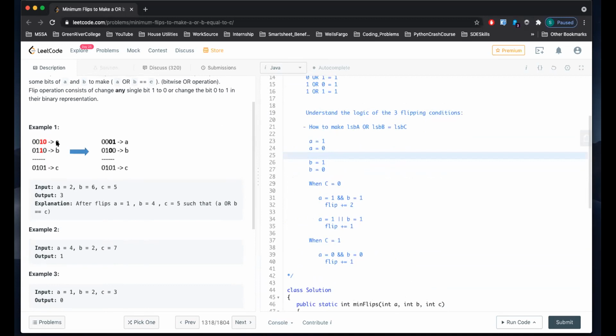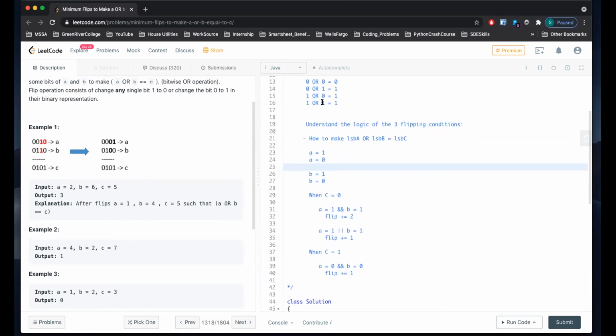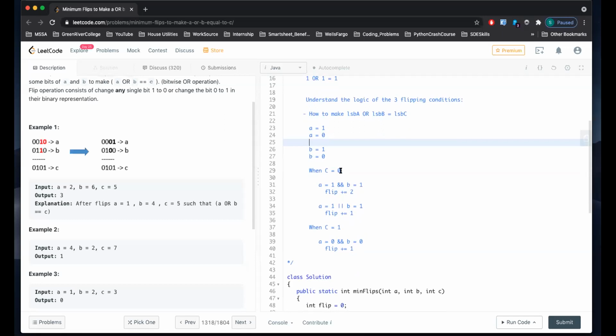Our goal is that A or B has to equal C for the LSB case. So when does C become 0?